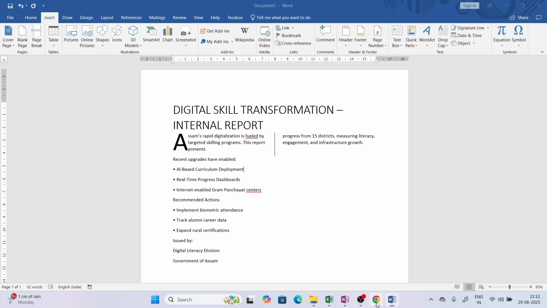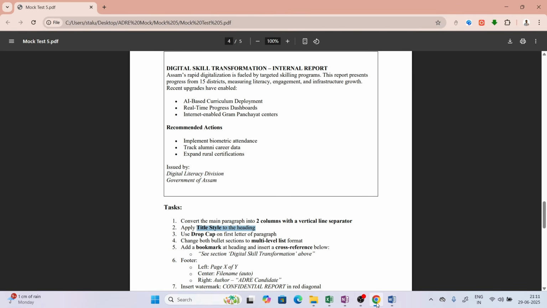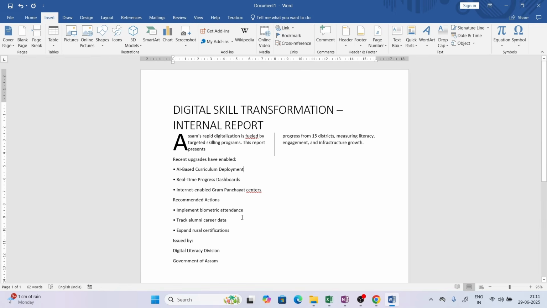Now next question, change both the bullet section to multi-level list format. So I just copied it, so by default it's not in bullet. There is a symbol showing here, I will delete it. I will delete it, delete, delete, delete. Now we need multi-level, so what will I do, I will select the bullet points, again holding control